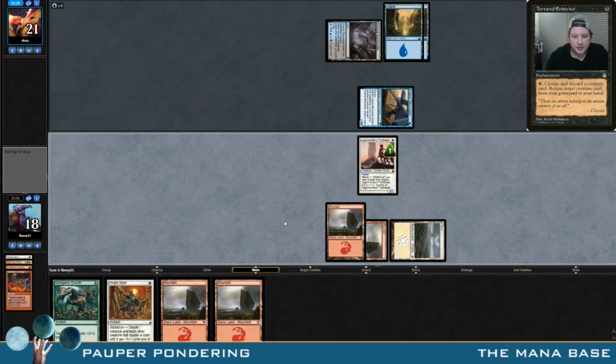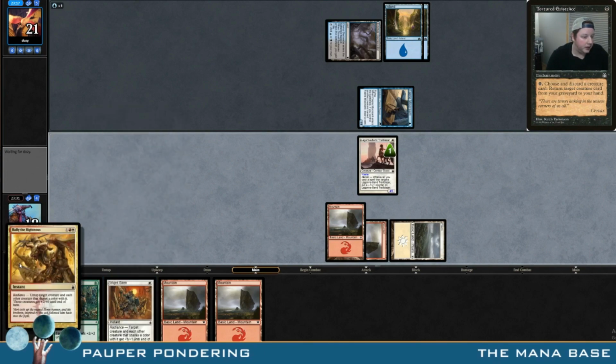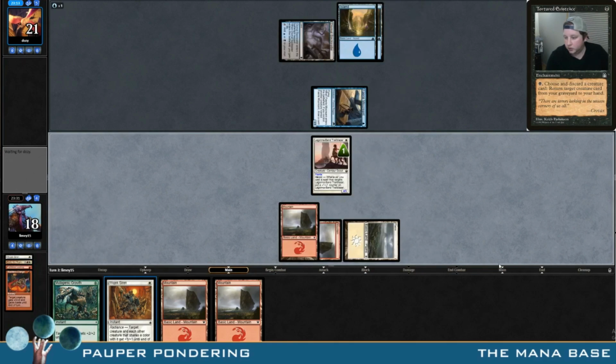So you see how fast this deck can just kind of come out of nowhere. The problem is we don't have very many creatures. So the Wojek Sirens and the Rally the Righteouses are going to kind of be not too...